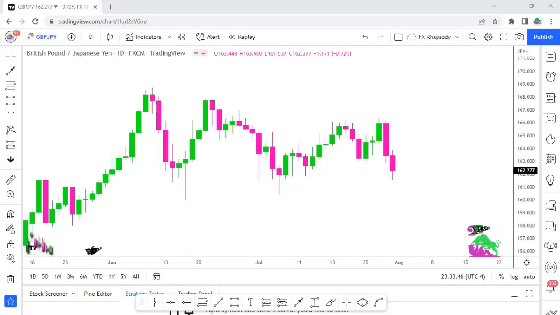Today we're looking at two currency pairs, doing analysis on the British pound Japanese yen and also the US dollar